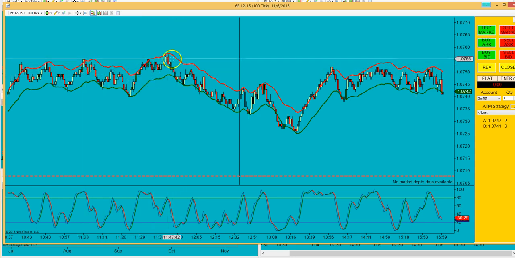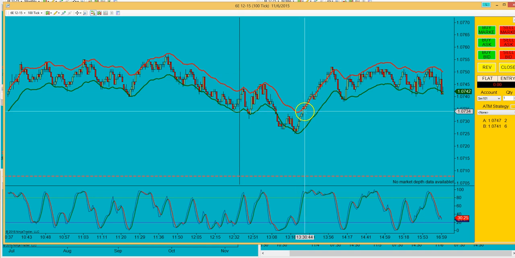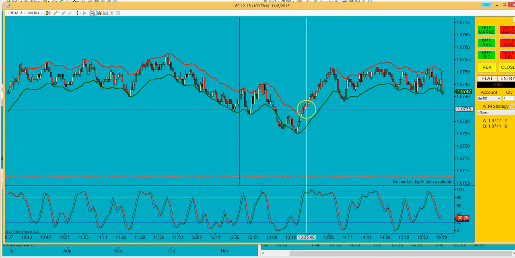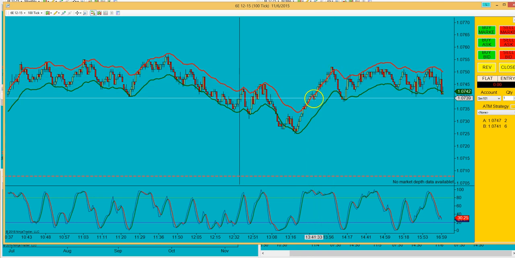And same thing here, maybe adding on another pop up here, something like that. Here again is another short entry. Another short entry here. Granted, this is a long way up if you were, say, looking for a short here, but that's where you need a little bit better understanding of price action. So once you pop above the red line, you're still looking for the bear traders to come in. So you might have entered short here on this little beginning of a pullback right here,